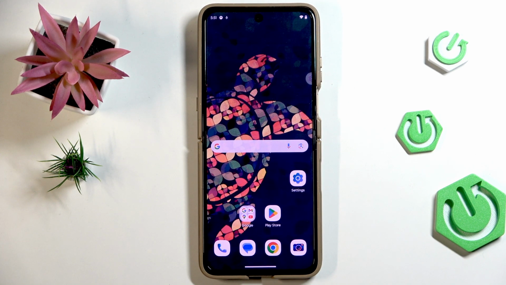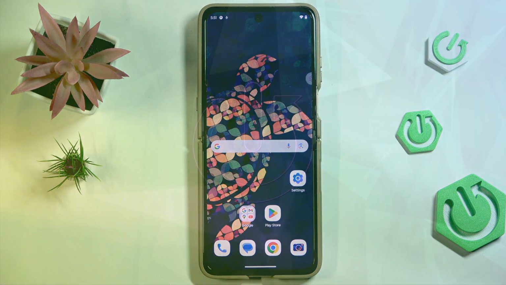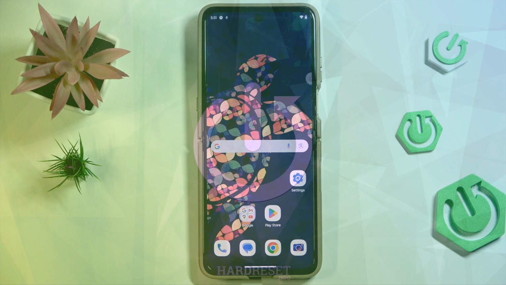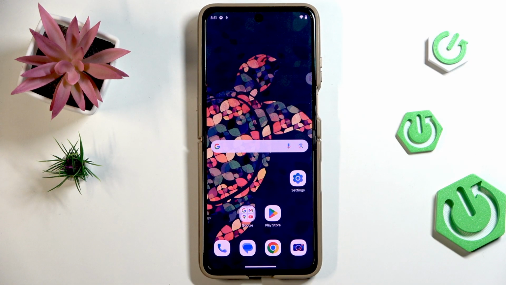Hi everyone, in front of me I've got Motorola Razr 60 Ultra, and let me share with you how to turn off running apps on this device. So we have to start with opening the recents, and depending on what kind of navigation type you've got set,